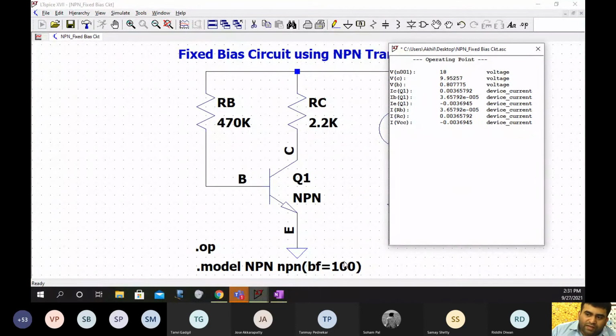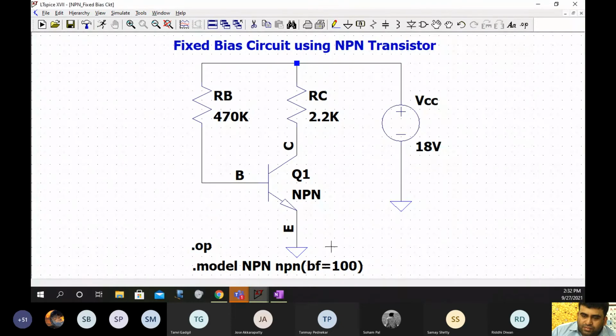So this is for beta factor of 100. Like this you can have circuits and find out your calculated Q points and your actually observed Q points.